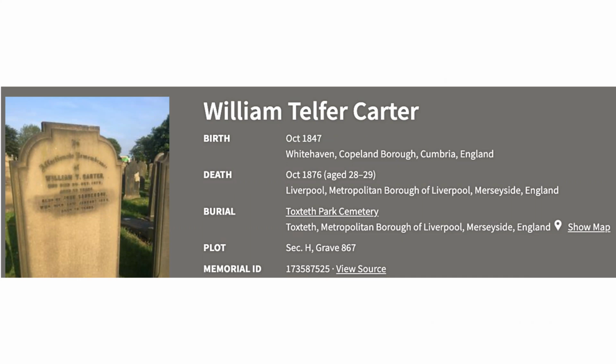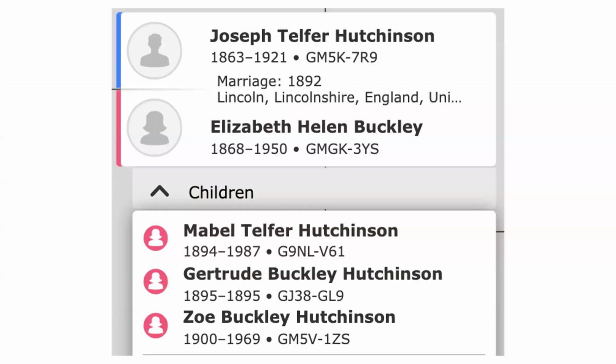So that says, well, now I want to find out how these people might be related. This is kind of an interesting story. So now I go back to the family. I can actually finish off this family now by adding Gertrude Buckley Hutchinson, born and died in 1895, and add her to there. And then I added all of these sources that I found. So her birth record, and I found death records, and I found burial registers and the burial order book and so on. So there's quite a few sources just for someone who only lived 3 months old,